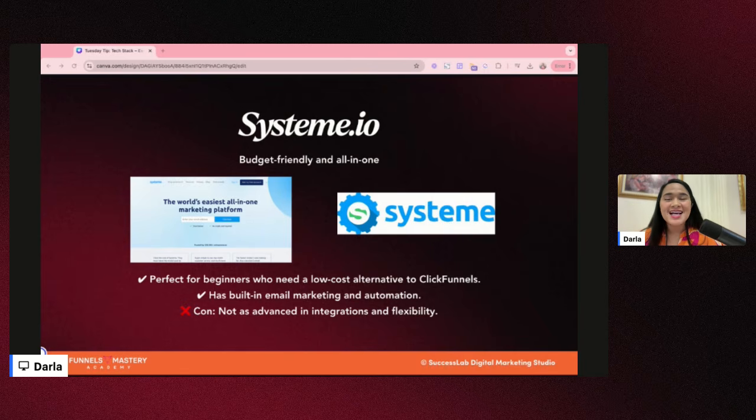Now, what is the catch? You can get started for free. Walang card, hindi kailangan ng credit card, hindi kailangan ng kahit ano. You can get started for free using System.io. That is why I really love this platform, is because para niya tayong binigyan ng equal playing ground. Like, wherever you are, whatever that you do, meron ka mang budget or not, you can get started with funnel design